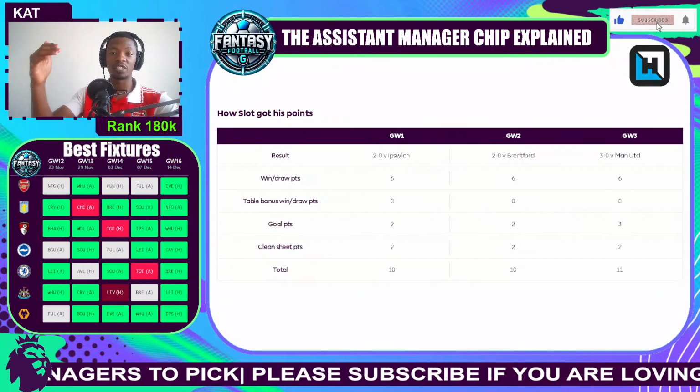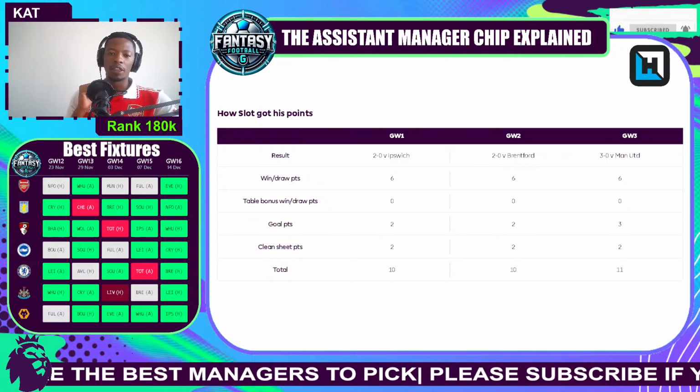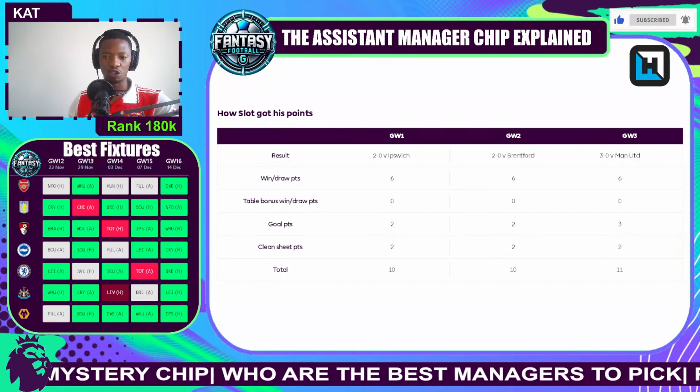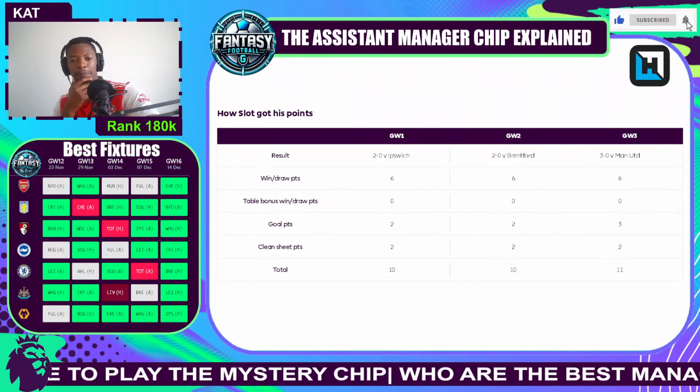So those extra table bonus points are extra, literally extra. The goals they scored, 2 goals and 3 goals in the Man United game. So they're getting basically a bonus point per each goal. So you want to go for high scoring